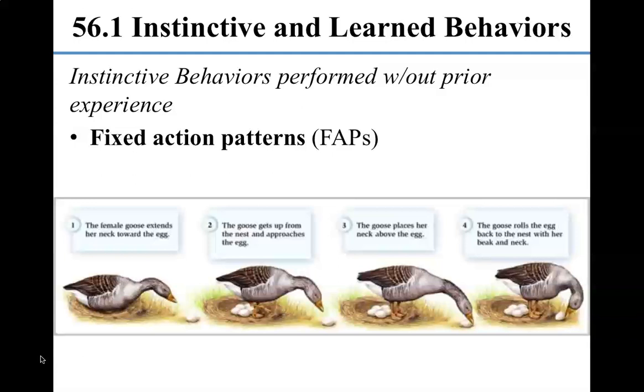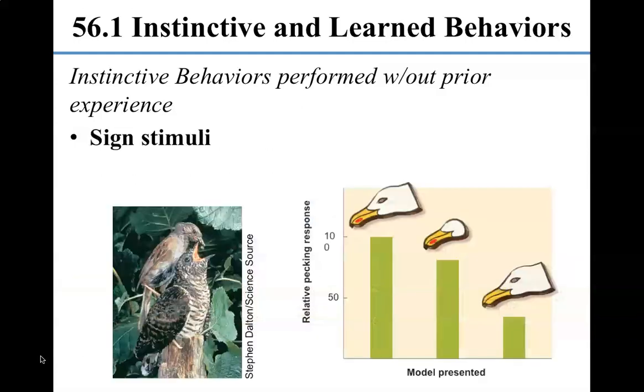Now what's interesting is you can manipulate this instinctive behavior because there's not really cognition going on. They're just seeing the egg and it triggers these behaviors and they do it. So a researcher can keep putting an egg there over and over, and each time she doesn't say, the researcher's putting an egg, I only laid 5 eggs, this would make a 6th egg, that's not mine, I'm not going to worry about it. No, every time the researcher puts an egg there, it's going to trigger this fixed action pattern. She's going to stand up and roll it back into her nest.